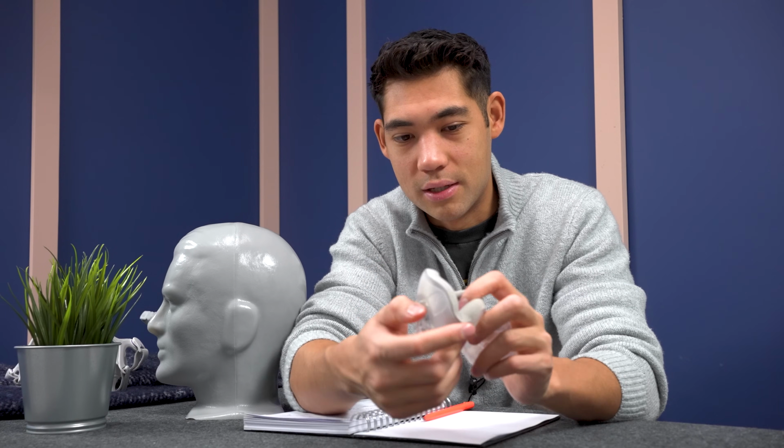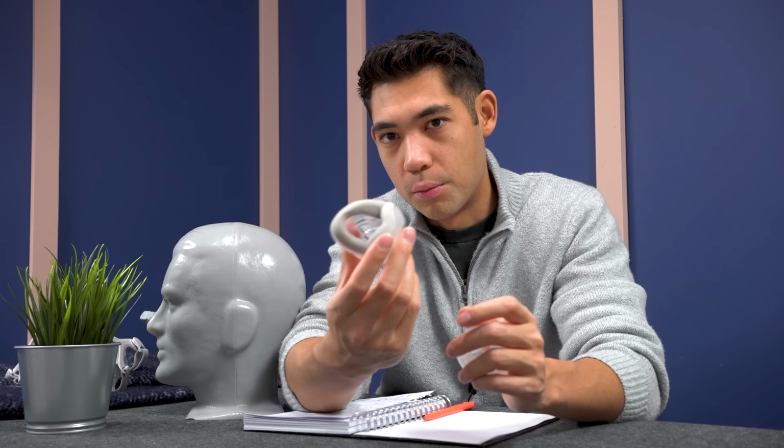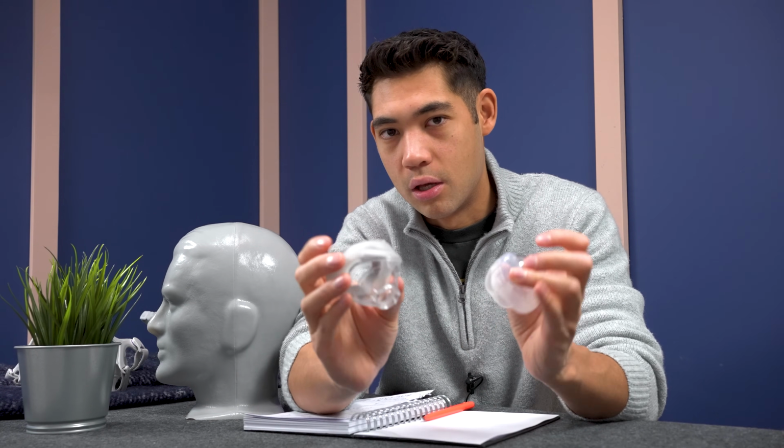That being said, it is not recommended that you wash the Air Touch because it just gets soaked with water and it's very hard to wash. So you should replace an Air Touch cushion once a month and make sure that you are daily wiping both with some CPAP wipes. Okay, now we're going to talk about our final mask,